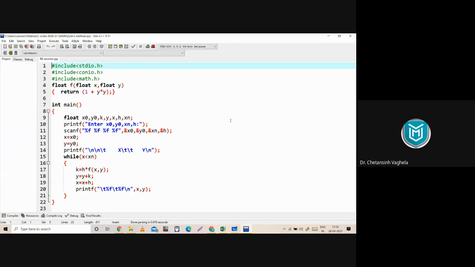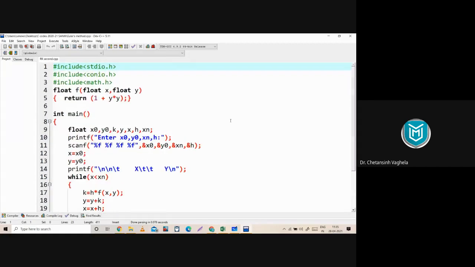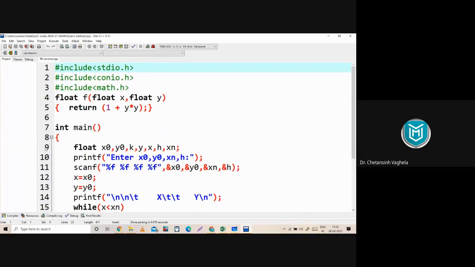The very first change will be here in line number 9. As you can see in line number 9, we have a variable here, K. Because in Euler's method, we just need a single factor K, but in RK second order, we have two factors, K1 and K2. And using K1 and K2, we are calculating the value of K. Right? That means in this section where we are defining the variables, we need to introduce K1 and K2 here.